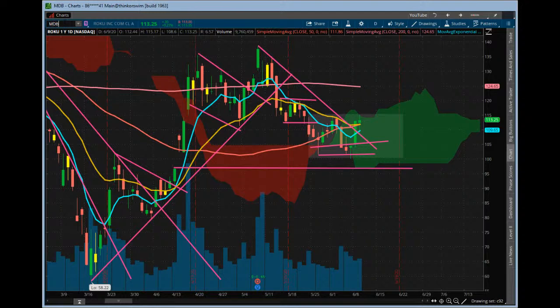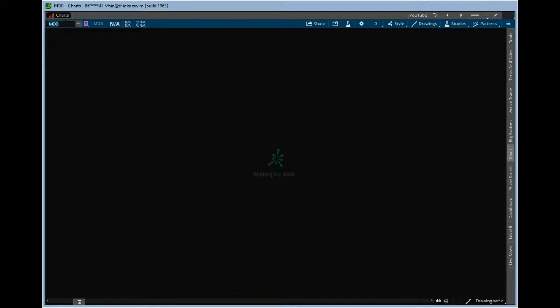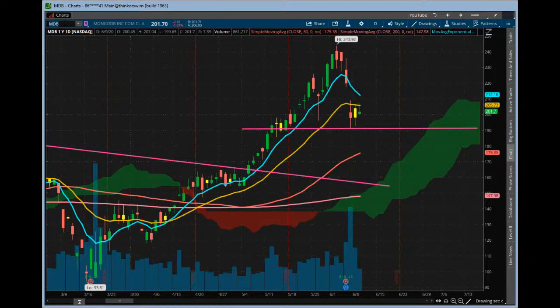MDB. How's this one doing? Another upper shadow at the 21-day. It's not looking too good. Obviously, anything could happen here, but this type of reversal candle off of an inside day, and especially off the 21-day, might come back and want to test that inside day low. So just keep an eye on that one.